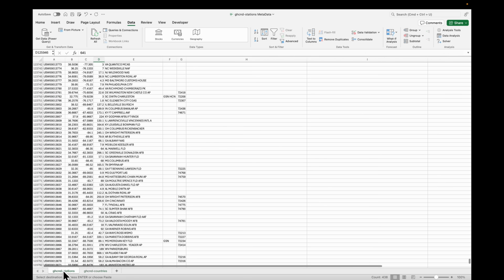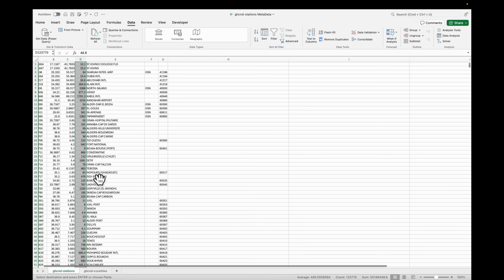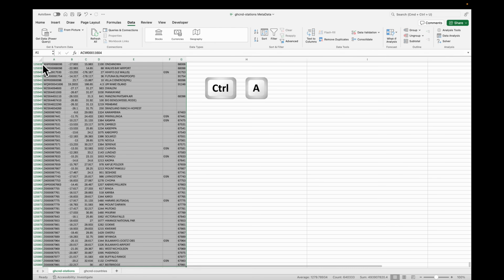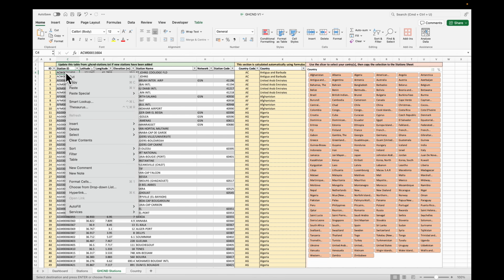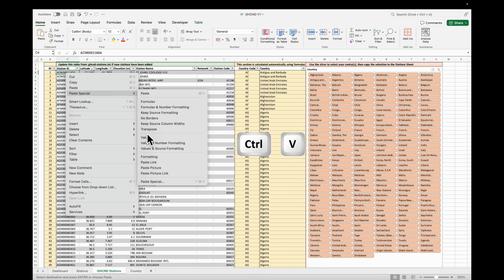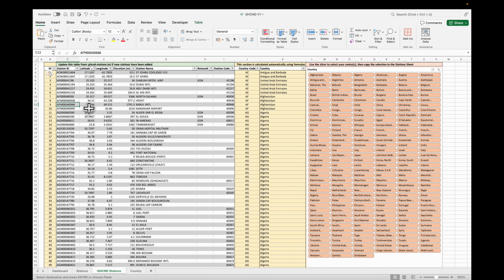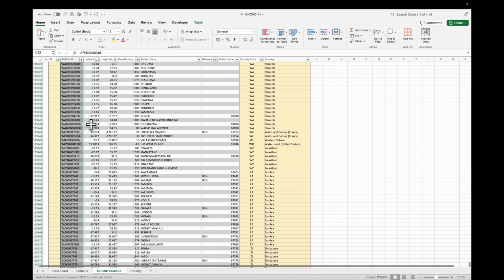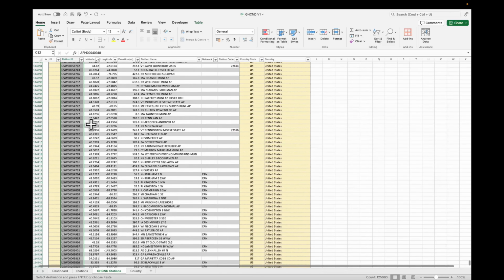Let's go to our station data. Shift Control arrow up to get to the top. I'm going to Control A, Control C, and go to our stations, right click, paste special values. Okay, so it has finished. Let's go to the bottom, Shift Control arrow down, and everything looks okay, but you'll notice that we've gone way